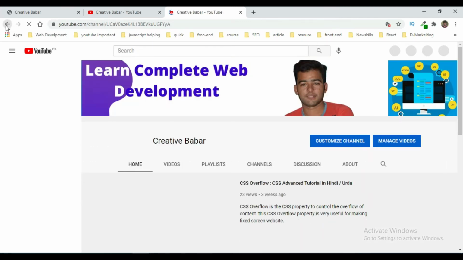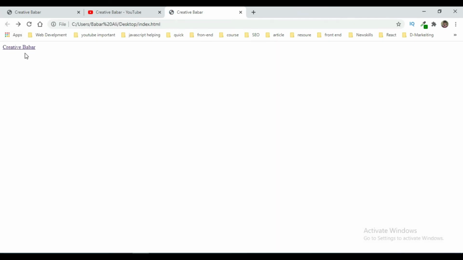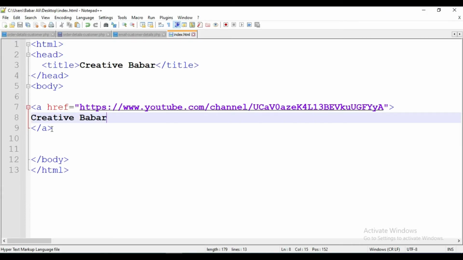Here we can put any link. Like I click it one time, its color is now purple, and when it is active then it is red. Like when I click it, it is a little red. This is active. So HTML links always start with an a tag and end with an a tag, like I show you. It has the attribute href, which is called the link's URL, and here we can put a new attribute that's called target,